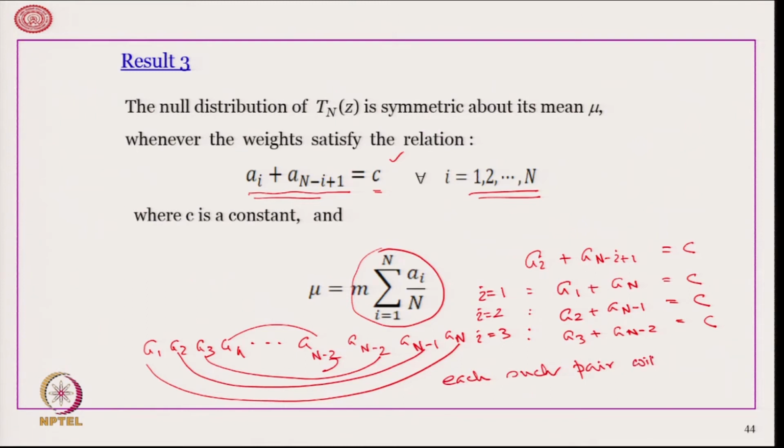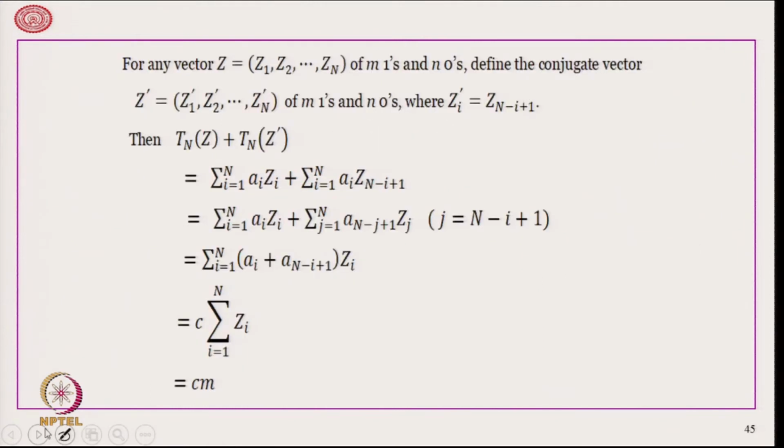will have the same summation. Let us first prove the result. So, corresponding to each z of m 1s and n zeros, we define the conjugate vector z 1 prime, z